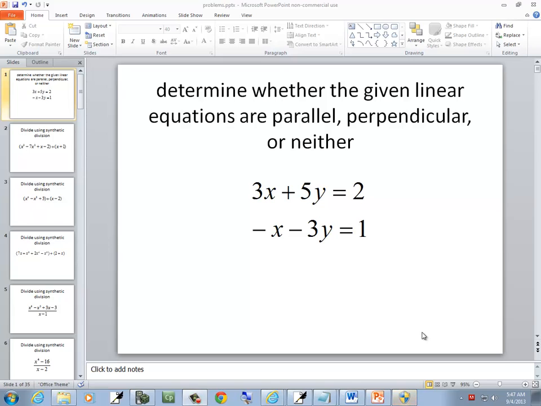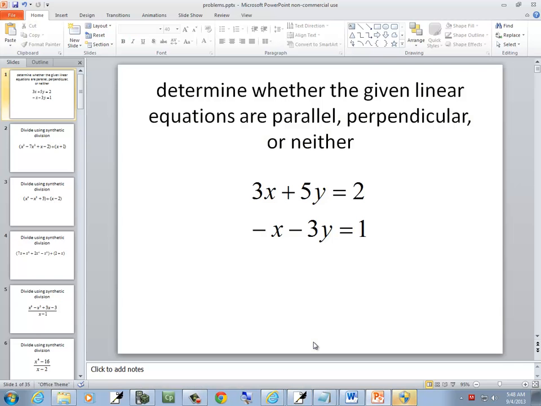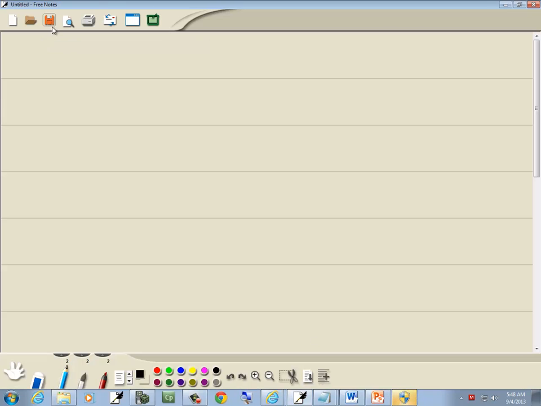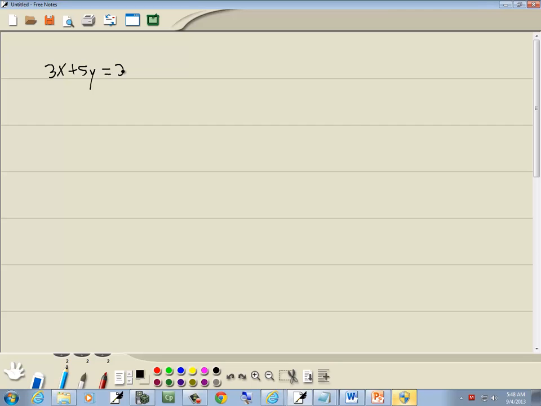In this problem, we want to determine whether the given linear equations are parallel, perpendicular, or neither. So we've got 3x plus 5y equals 2, and negative x minus 3y is equal to 1. Now we need to put both of these in slope-intercept form, which means we need to solve for y,